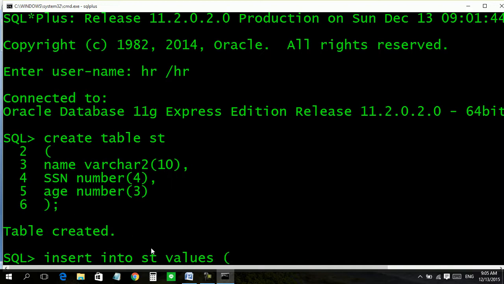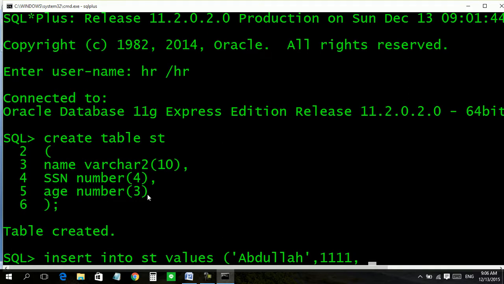Okay, for name, because name is a varchar type, for all characters we have to use quotation marks, inverted commas. For example, if name is Abdullah, like this, then comma, next thing in the sequence is SSN, and it is 4 digits. For example, we are going to take SSN 4 digits like this, and then age is number 3.